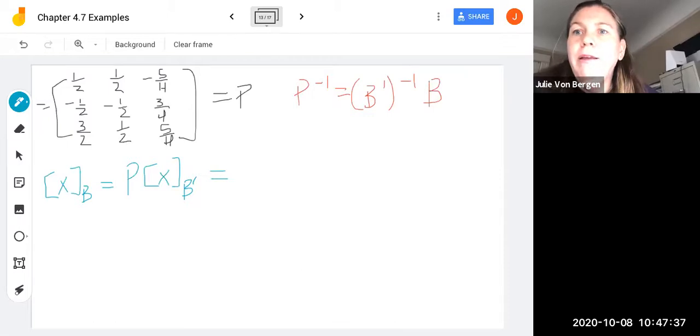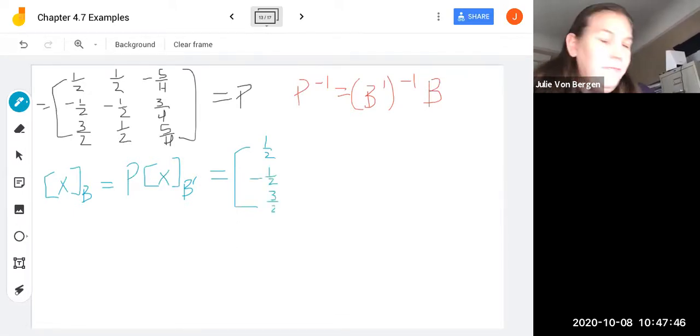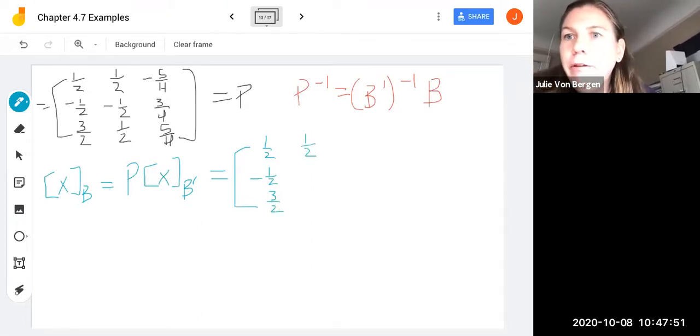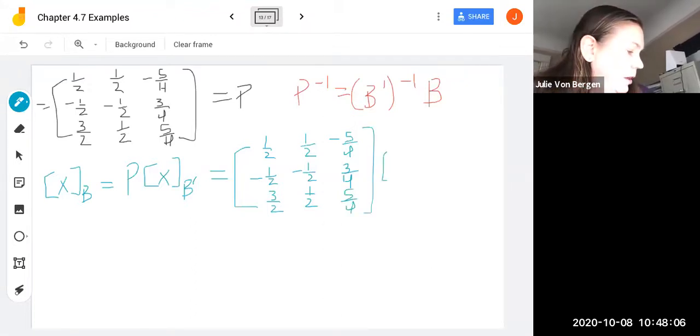So these are going to be, I'm going to try my best to recopy matrix P here, 1/2, -1/2, and 3/2, and then 1/2, -1/2, 1/2, and -5/4, 3/4, and 5/4, multiplied by our x sub B prime. So that is, as a column vector,